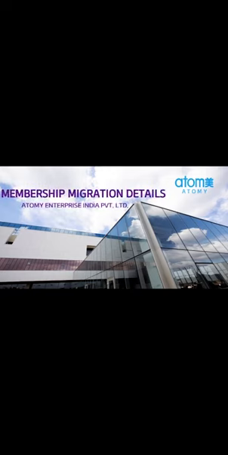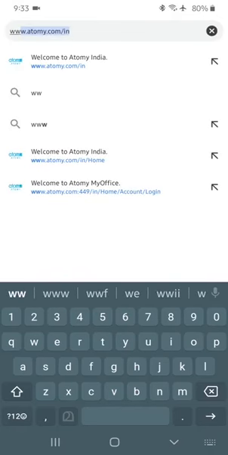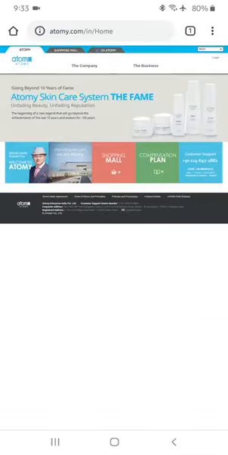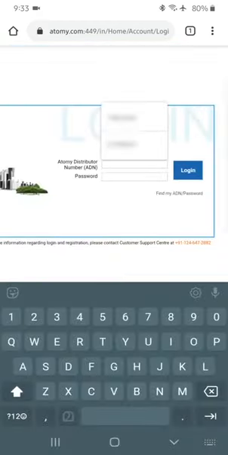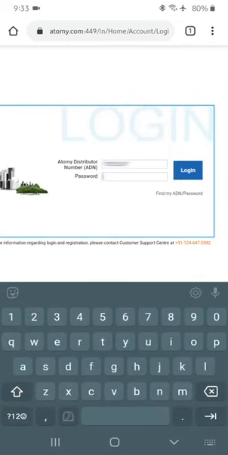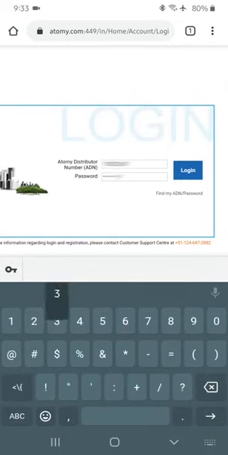Today I will explain the step-by-step process of migration through a mobile phone. For that, I request you to use Google Chrome. Type www.atomy.com/in. Once you are redirected to this page, click on login, enter your credentials, your member ID and password, and